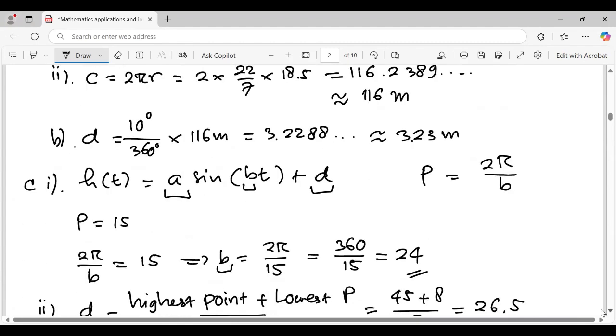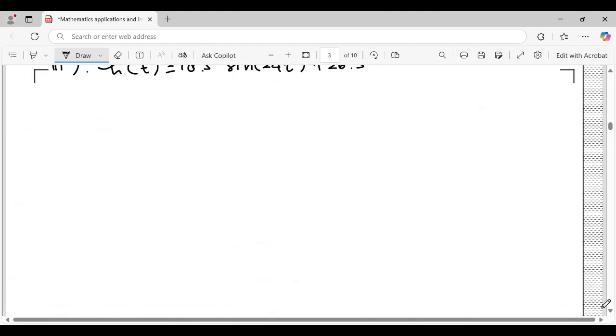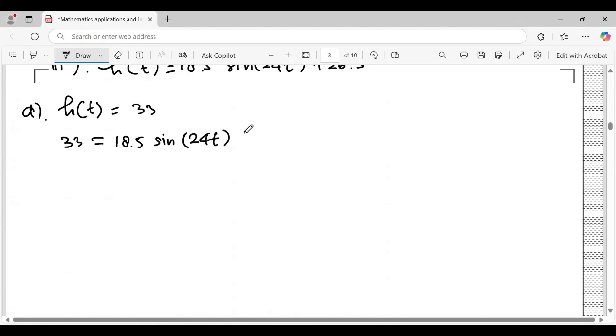So if H(t) equals 33, the equation becomes 33 equals 18.5 sine 24t plus 26.5, and we can set it to become 18.5 sine 24t